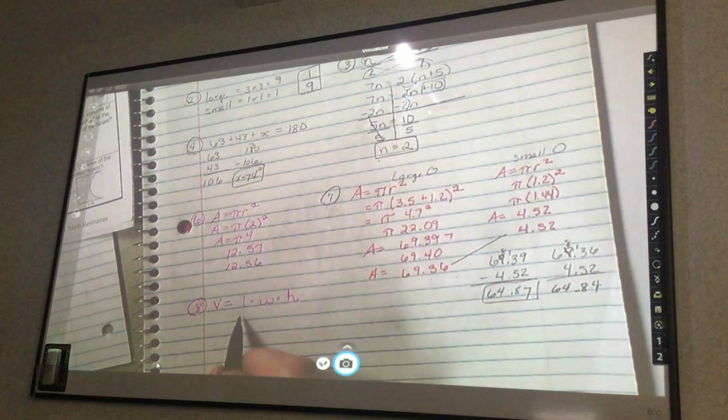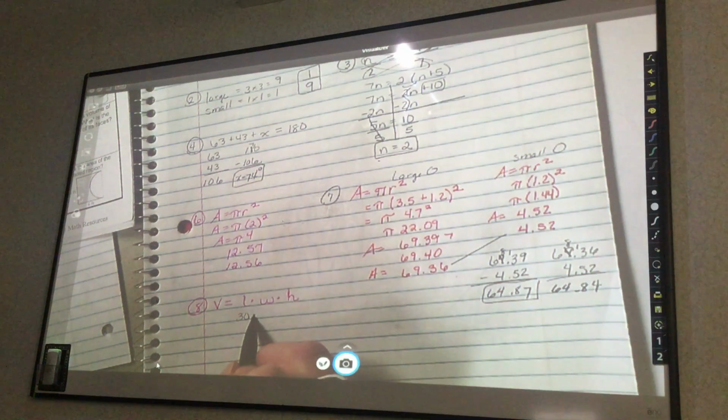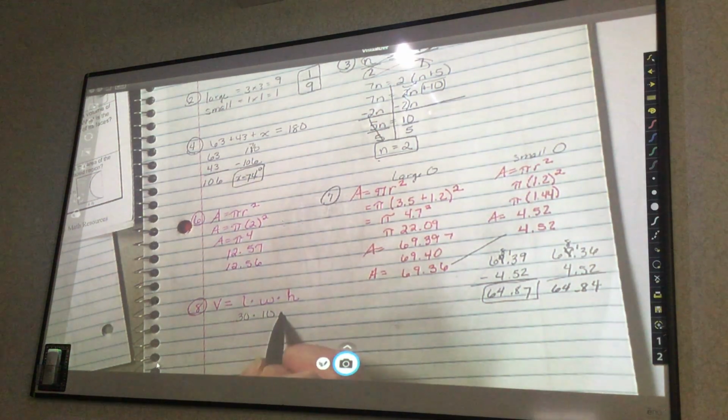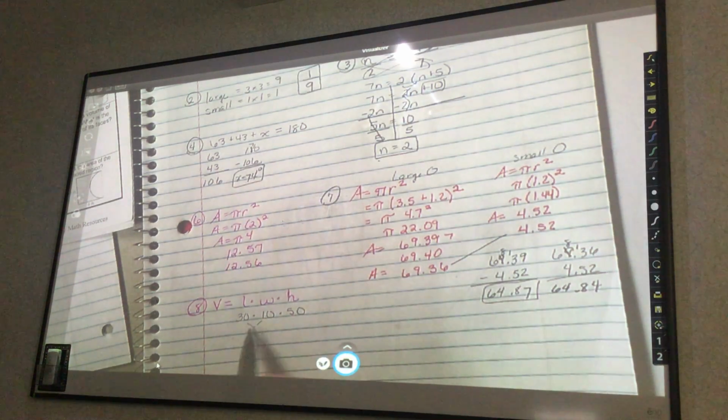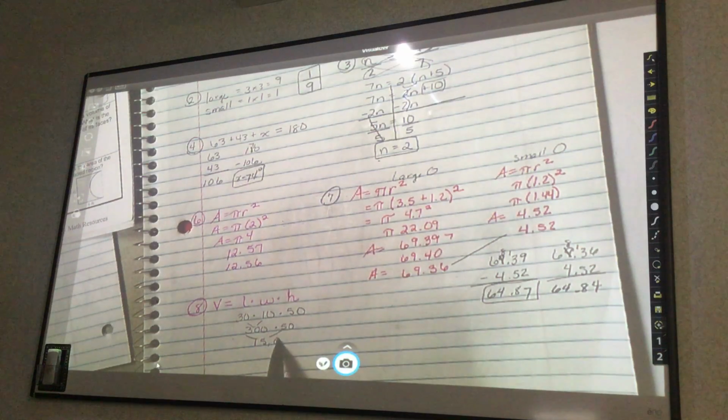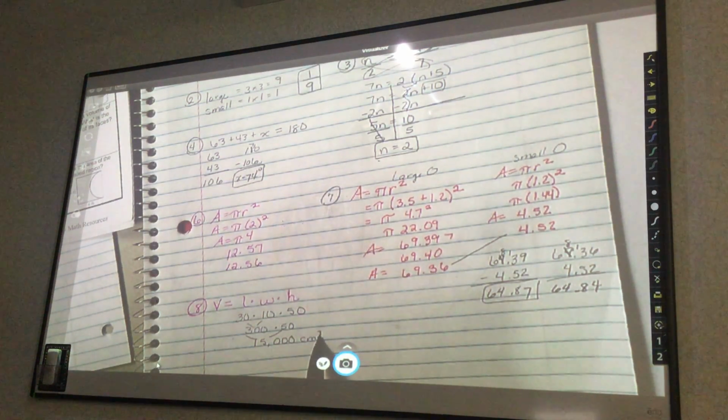The length is 30 times 10 is the width times 50 is the height. 300 times 50, 3 times 5 is 15, and add my 3 zeros. And it would be centimeters cubed, because we're multiplying